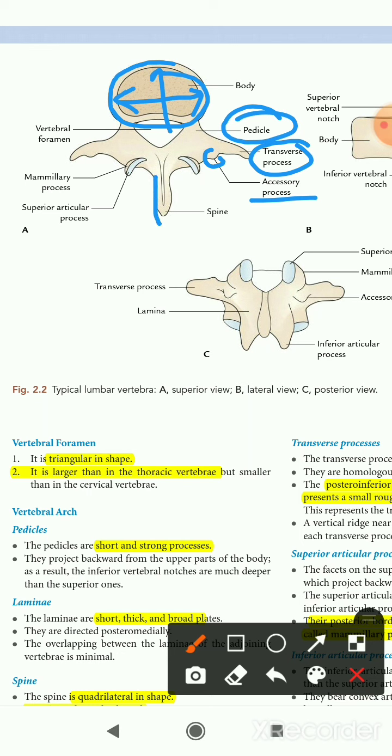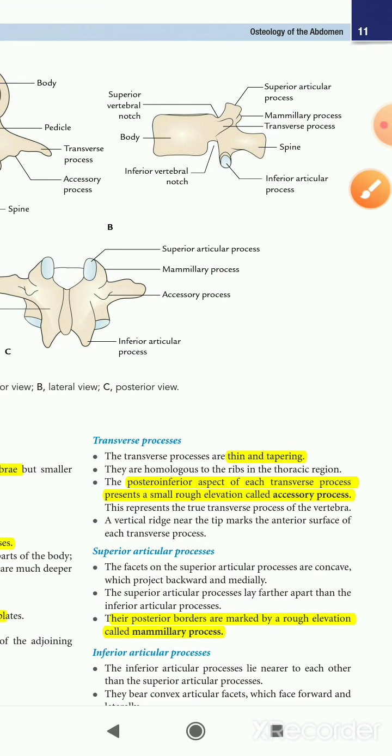And we told you about the spine. The spine is about quadrilateral in shape and is directed backwards, and the superior articular process contains another rough elevation which is known as the mammillary process. And this is all about the typical thoracic vertebra. Now we will start the atypical